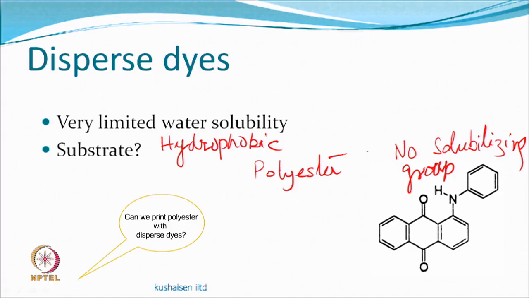Difficult to dye, but polypropylene can also be dyed and printed with disperse dyes, but you have to adjust. So can we print polyester with disperse dyes? Of course. So what method is used? Any methods, all kinds of methods can be used. All you have to do is adjust the fixation condition.